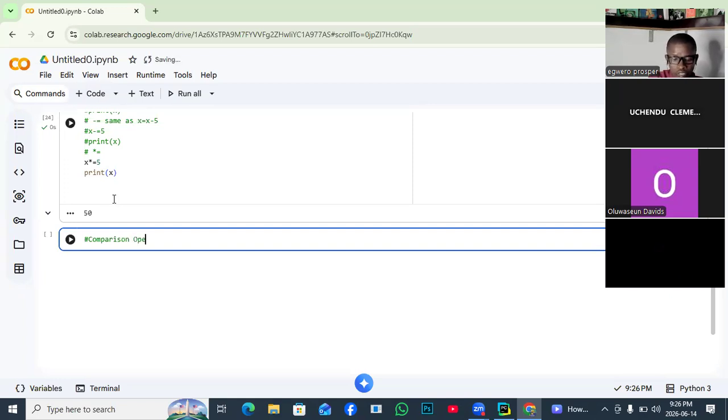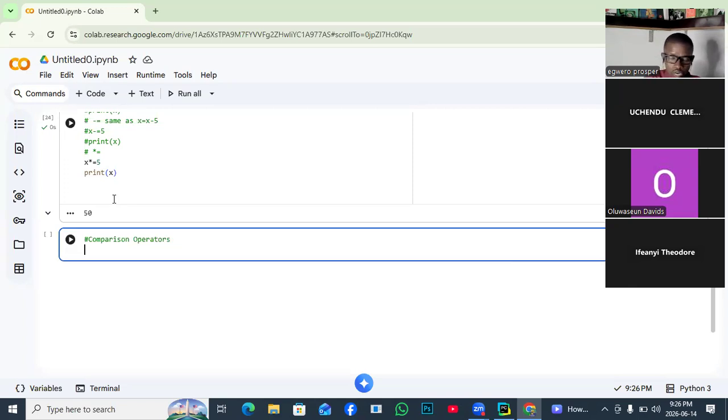Of operators. Comparison operators. So how do we define this type of operators? So comparison operators are used to compare, as the name implies, compare two values